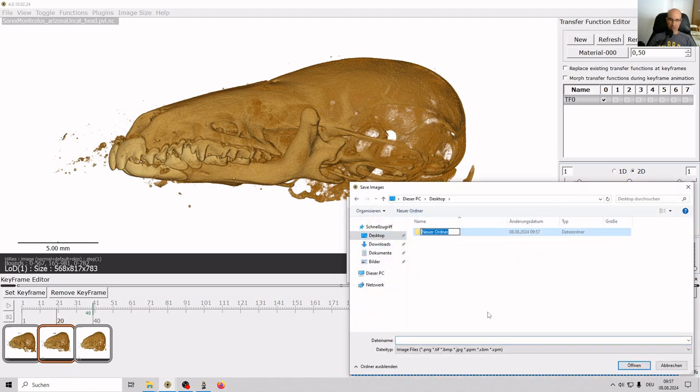I'll give it a new folder. I'm going to call it Movie, I don't know, Shrew Movie. Let's call it that. And that's the name of the folder. So that's step 1. And you need to tell what the root file name is going to be. So I'm just going to call this